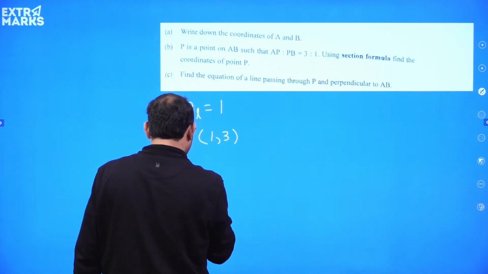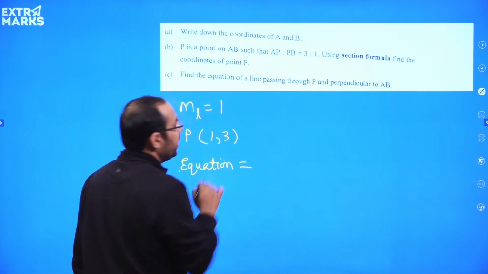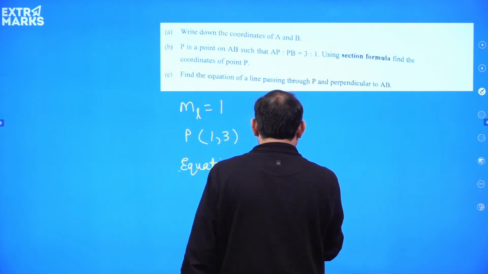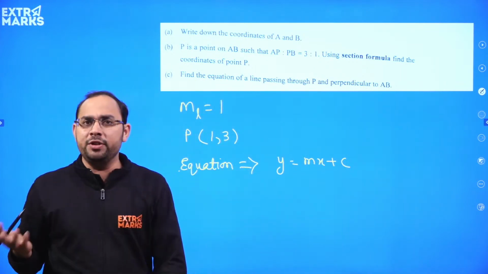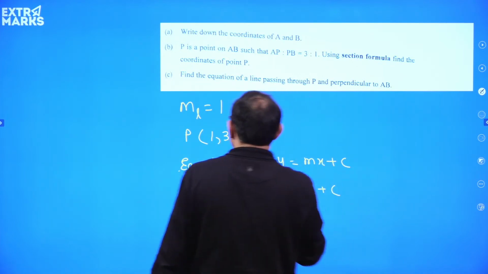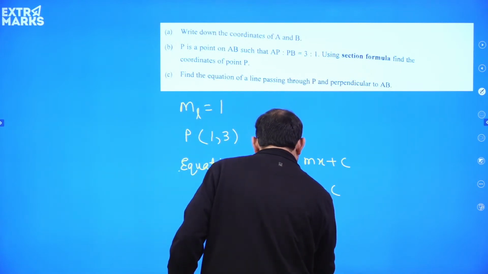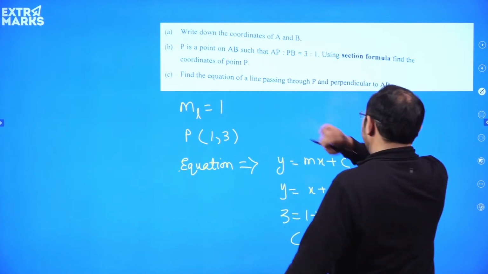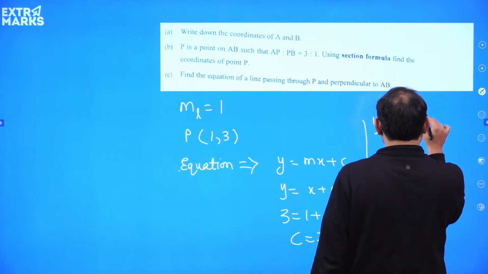So the equation will be very simple. What will the equation be? y is equal to mx plus c. Apply it. Now in this you know the slope, which is 1. So you are getting y is equal to x plus c. Now you know that the line is passing through (1, 3). You can put that in and get the value of c. So 3 is equal to 1 plus c. So c is 2. This gives you the equation of the line, which is y is equal to x plus 2